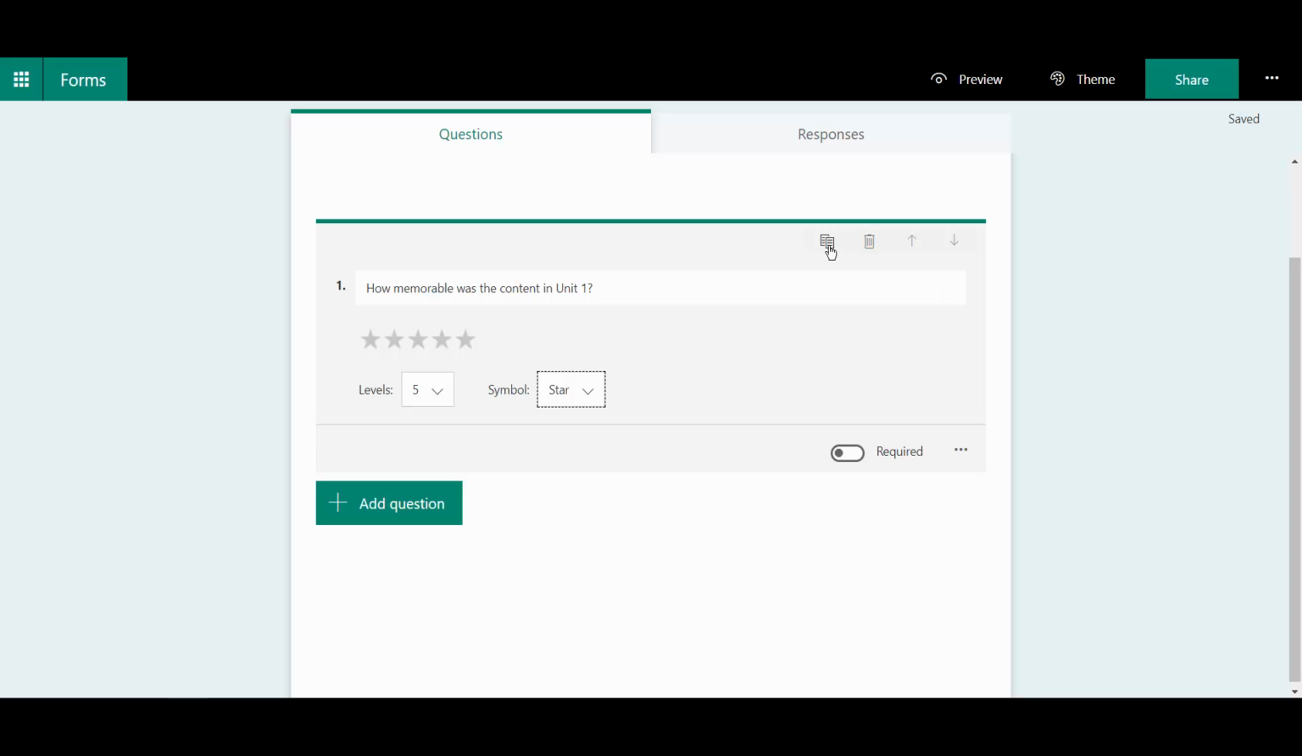You'll see here that you've got options for, you can duplicate a question if you're going to be asking something simple, so you can do that. Other thing to notice is you can delete them and change the order using the up and down options. Last thing that's important is we need to turn on this required option